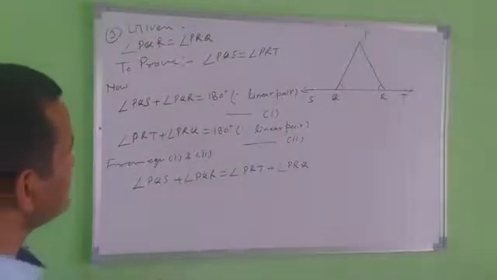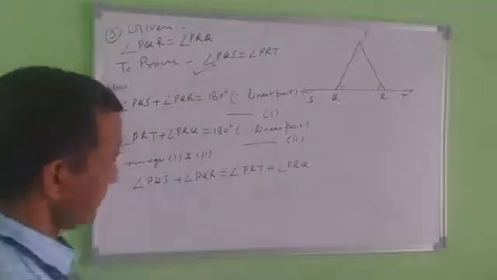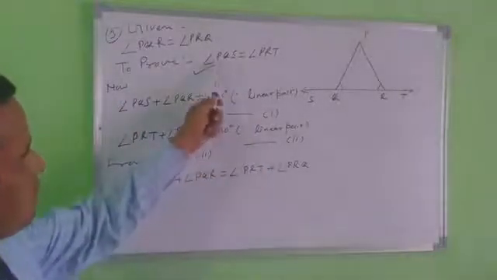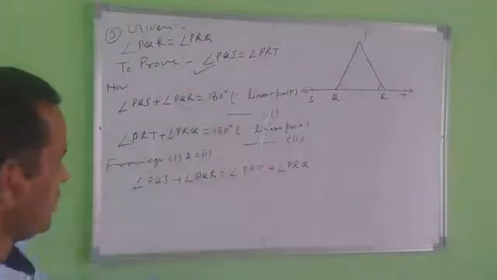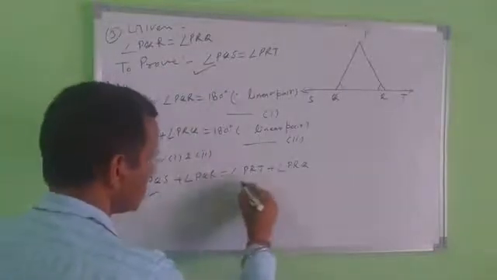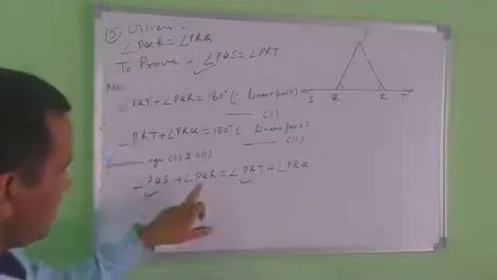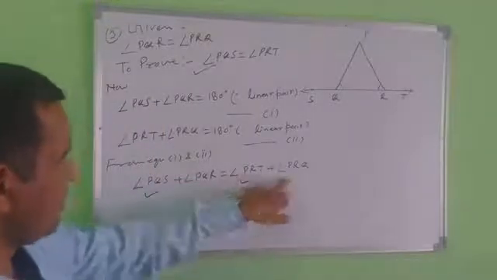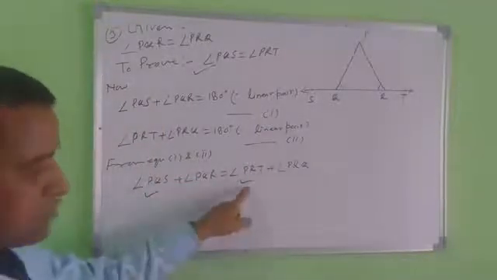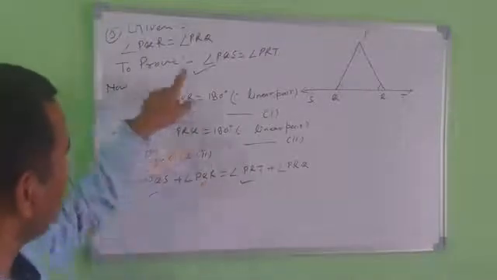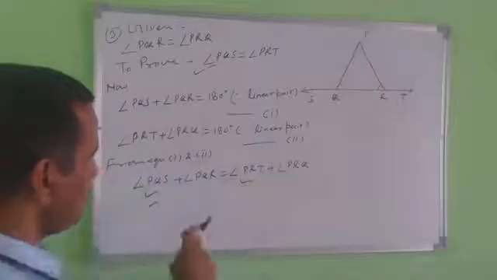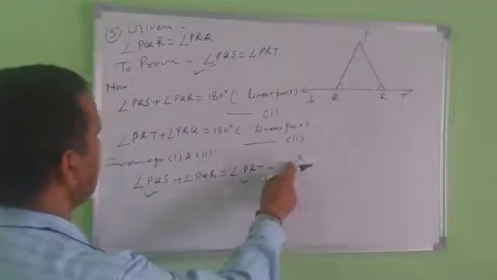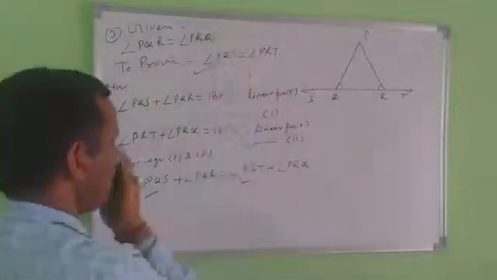Now look at what we have to prove here. PQS you already have, and PRT also, so you will not touch those two. You will touch these two angles, PQR and PRQ. PQR is already given equal to PRQ. Both angles are given here. Now using this given condition,